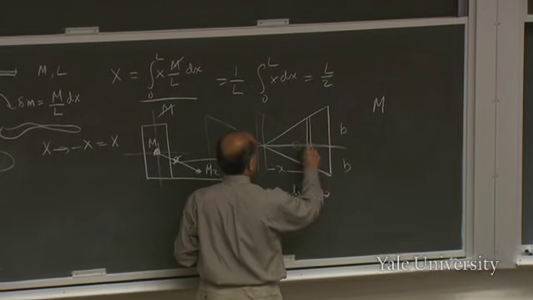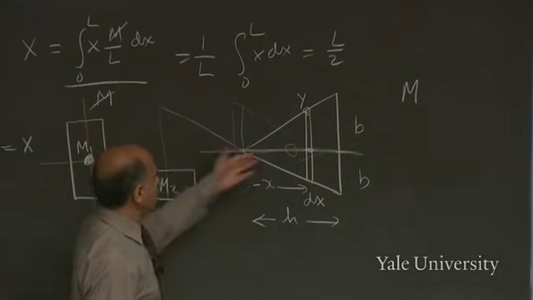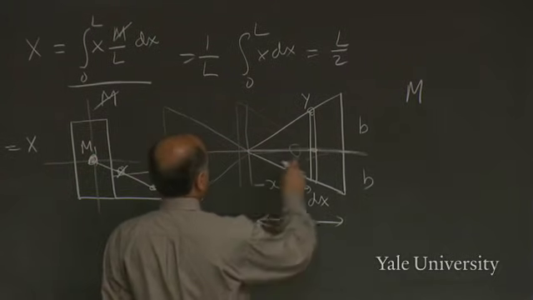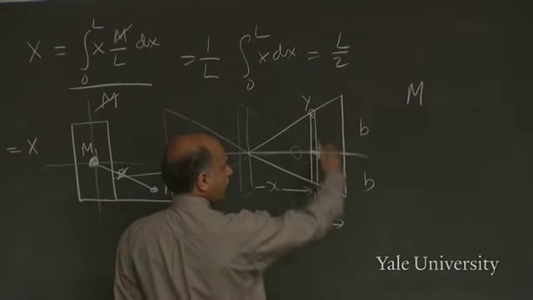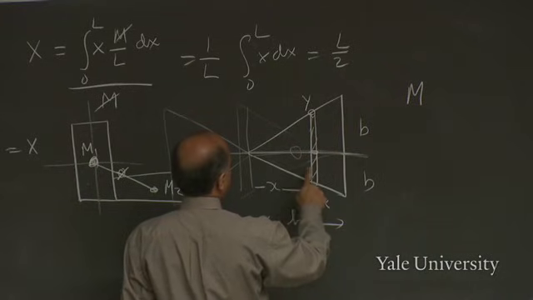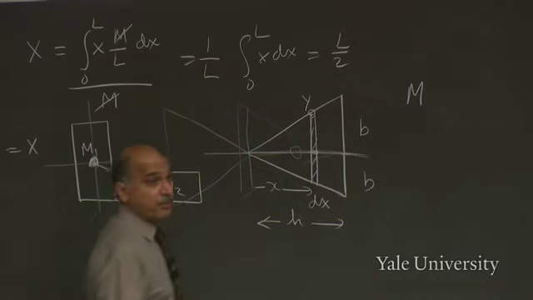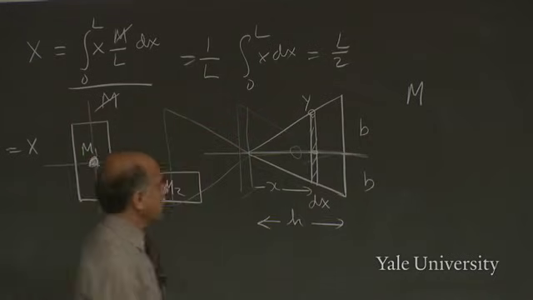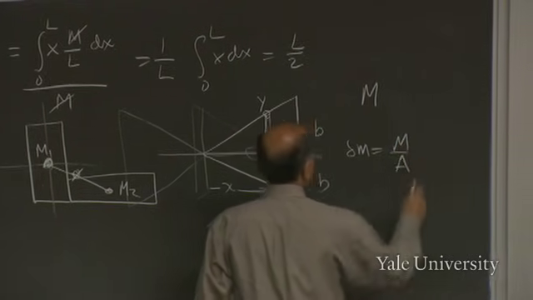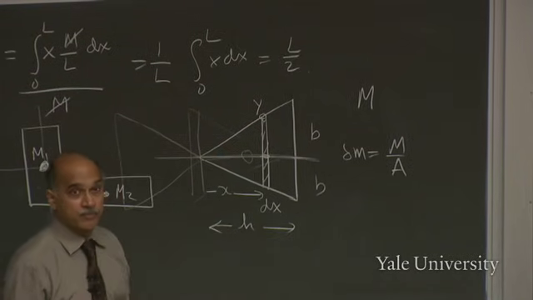So the honest work we will do then is to take this thing, take a strip here with location x and width dx, and the height of that strip here is y. Y, of course, varies with x. So I'm going to argue that to find the center of mass of this triangle, I can divide it into vertical strips which are parallel to each other and find the center of mass by adding the weighted average of all these things. For that, I need to know the mass of the shaded region. So let's call it delta M. The mass of the shaded region is the mass per unit area